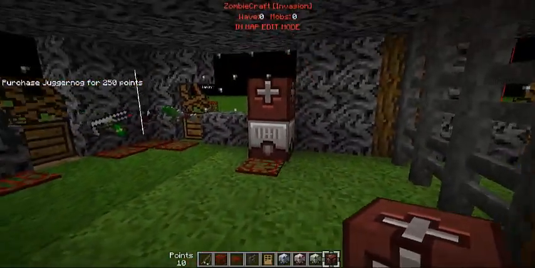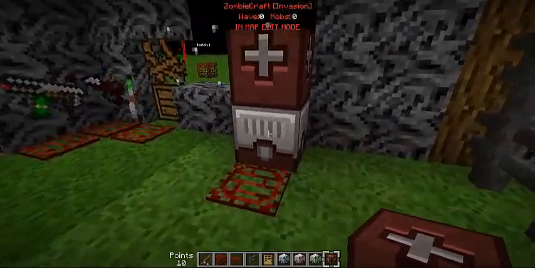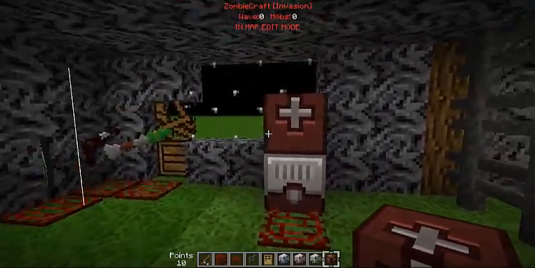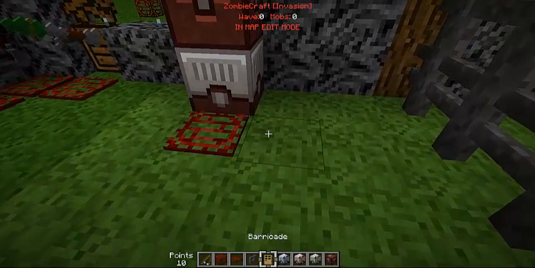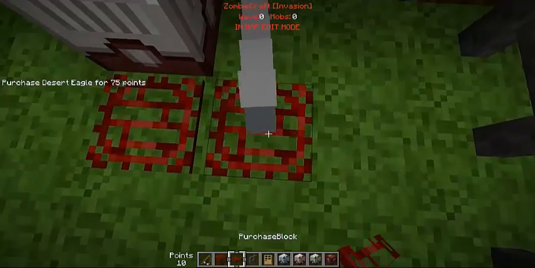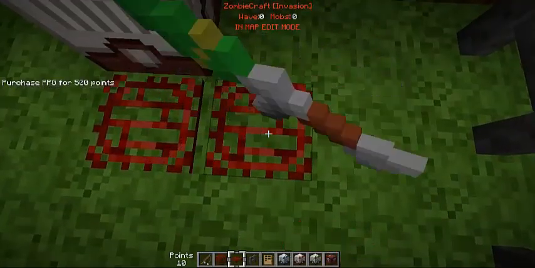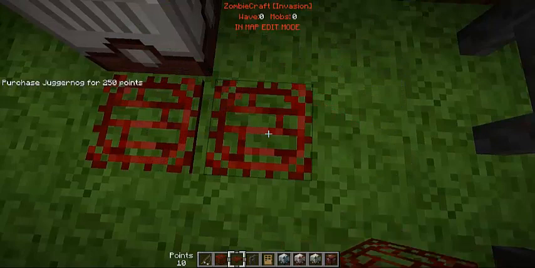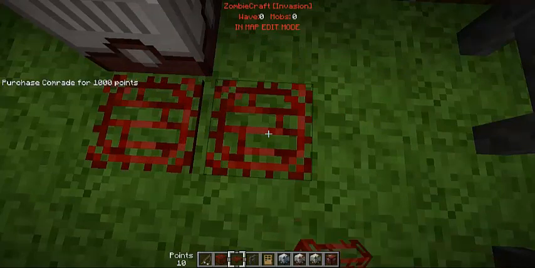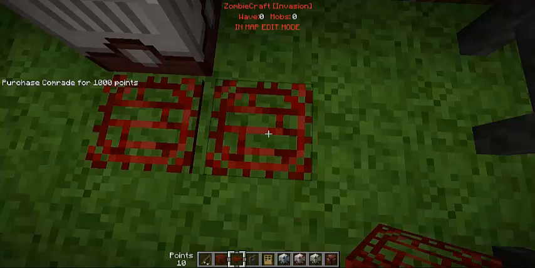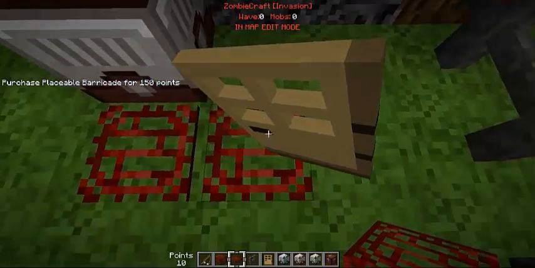And that's how that works. If you don't want to use the texture pack, you can just represent it with different colored wool. That's what that's for. There are other perk machines too, like the Speed Cola, Ecstatic, Juggernog, Discharge, and a Comrade, which I think is basically an AI player that's helping you. And then these are placeable barricades,